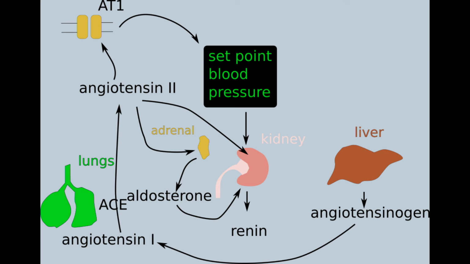longer-term adjustments. There are several sites in this pathway where drugs are applied to reduce the increase in blood pressure brought about by the renin-angiotensin-aldosterone system. Starting with renin, there are drugs that block the action of renin. An example is aliskiren. Aliskiren blocks the production of angiotensin 1 from angiotensinogen. The next step in the pathway, the conversion of angiotensin 1 to angiotensin 2 by angiotensin-converting enzyme, is blocked